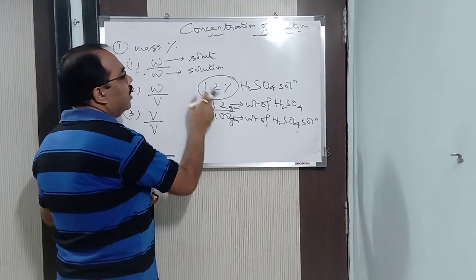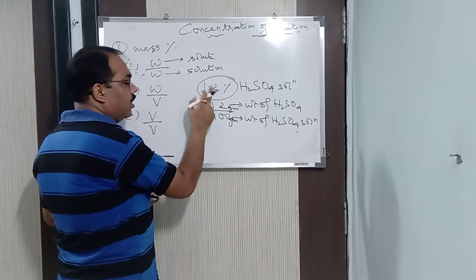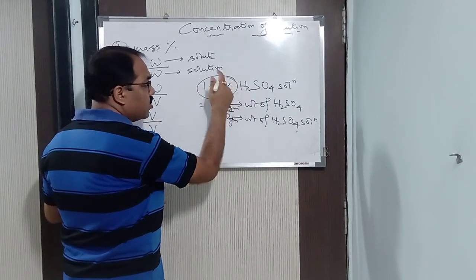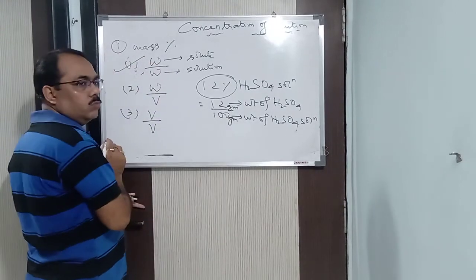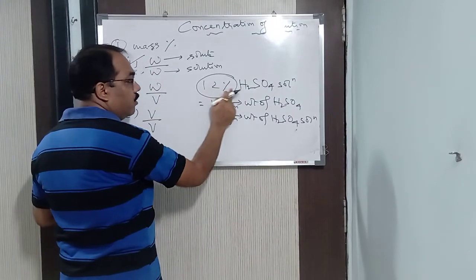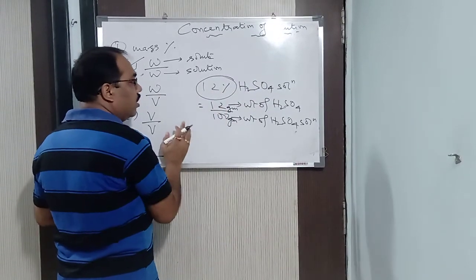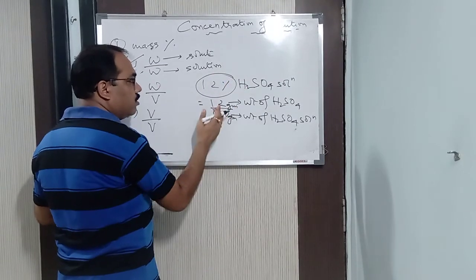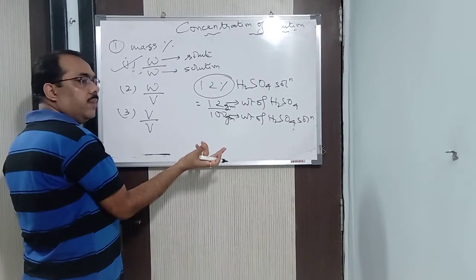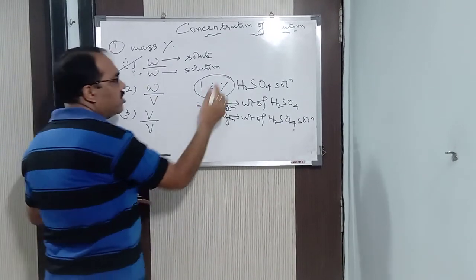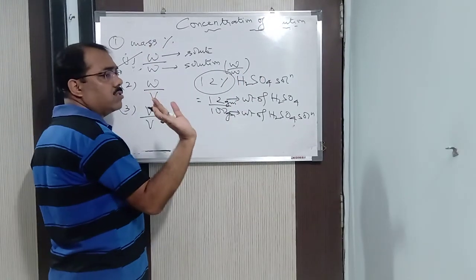Got it now? Clear? So here you will say, sir, 1.2%, why did you take W by W? Because remember, if this sort of question comes and nothing is mentioned, then it is considered to be W by W. After 1.2% nothing is mentioned, but I took W by W. Why did I take it? Because that is the rule. If nothing is there after 1%, then I have to consider that as W by W by default. If W by W is given, it's okay. If it is not given, also it is understood. That is W by W.